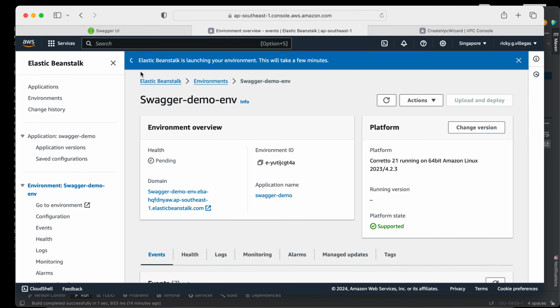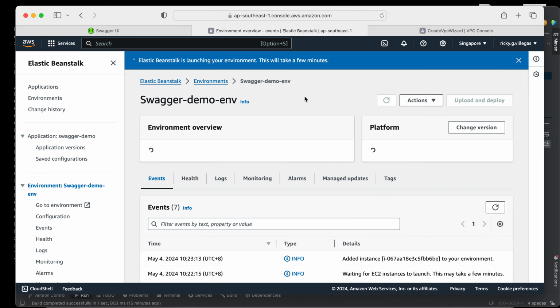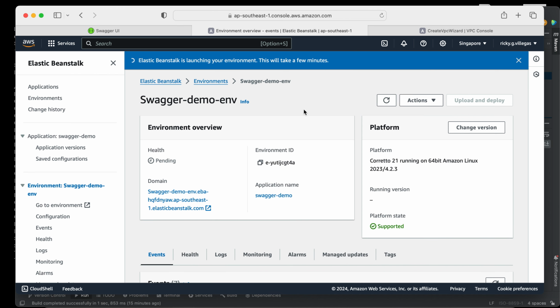The service that makes it accessible over the internet is called Elastic Beanstalk. This is the service where we deploy our Spring Boot application. Okay, still launching.